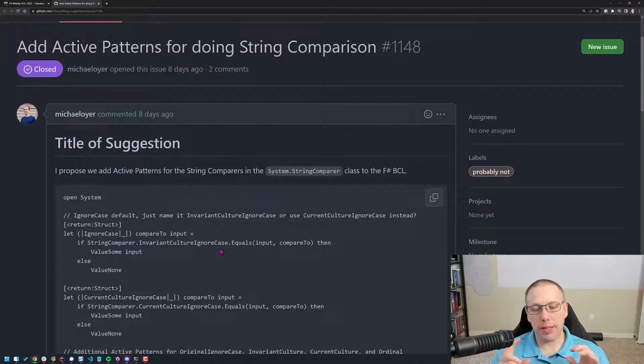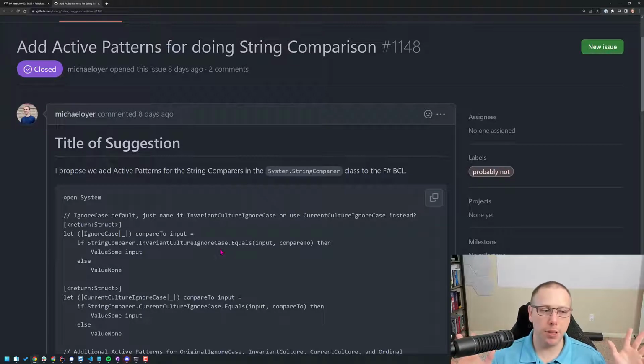And let me unpack that a little bit more. I want to be precise about how I describe this. You could take this to an absurd degree and say, hey, F# is a Turing complete language, which means anything is expressible in the language, so we shouldn't add anything more because everything is already expressible. Okay, yeah, sure. But